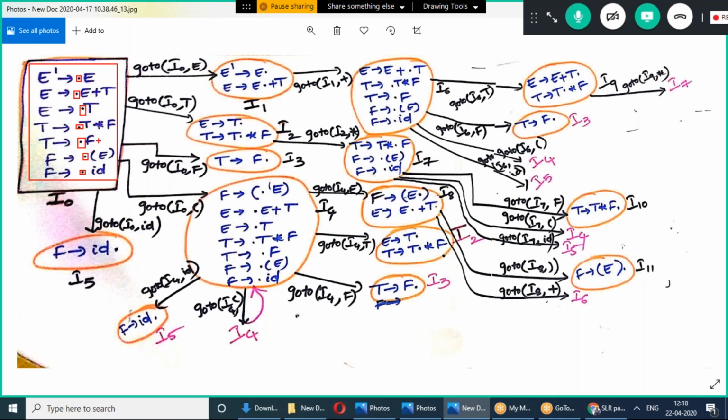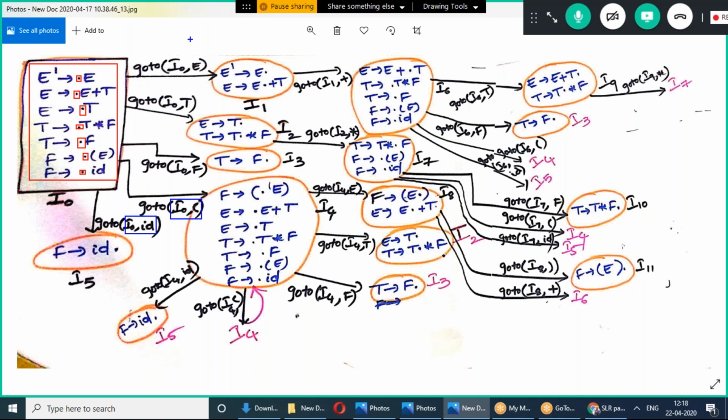After that, goto of I naught comma F. After that, goto of I naught comma open parenthesis. After that, goto of I naught comma id. These are the goto operations we can perform on I naught. Okay, let us see each one by one.